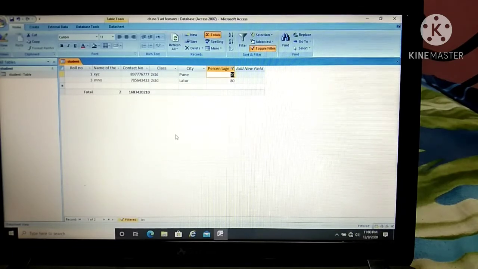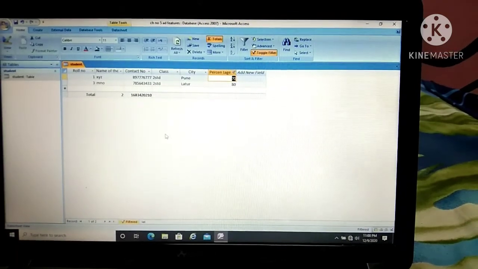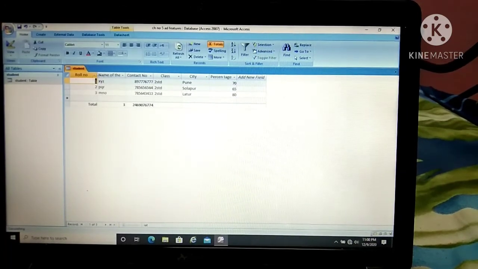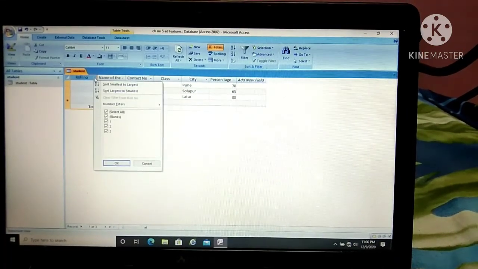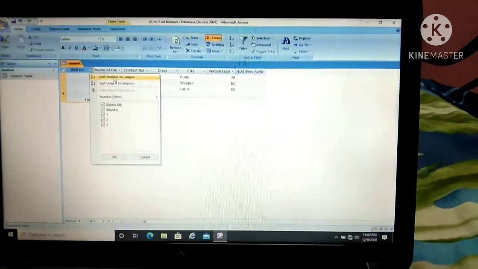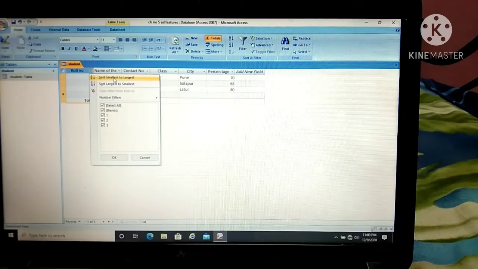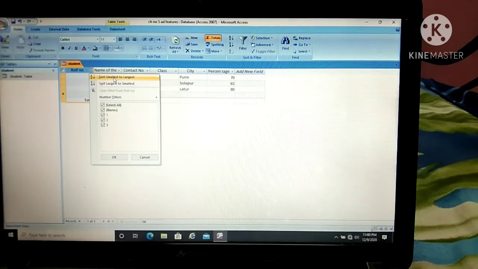So how to set the sorting? Again, you have to select the arrow. First I will remove this. Then here I'll select the roll number, and here we have sort smallest to largest and sort largest to smallest. Smallest to largest is called ascending, and largest to smallest is called descending.